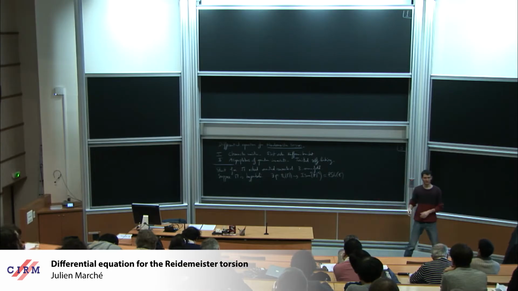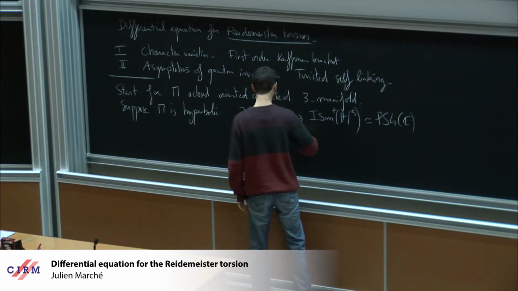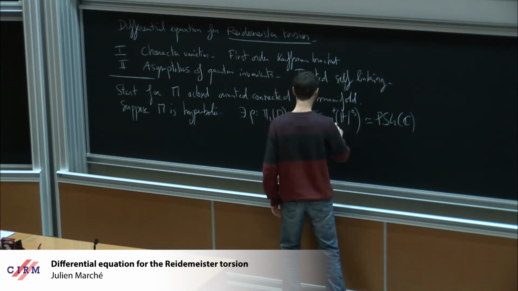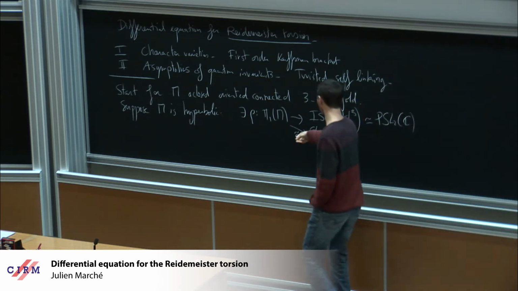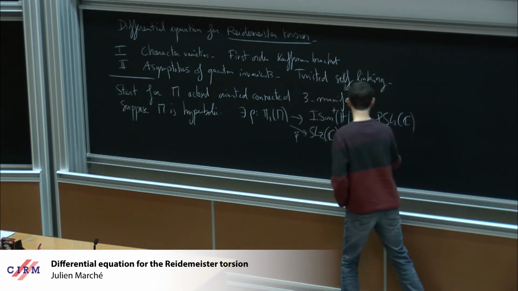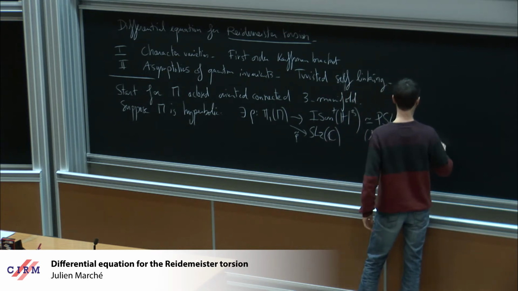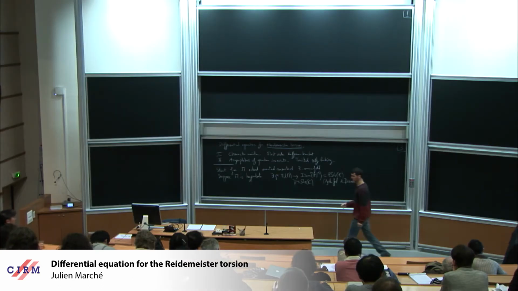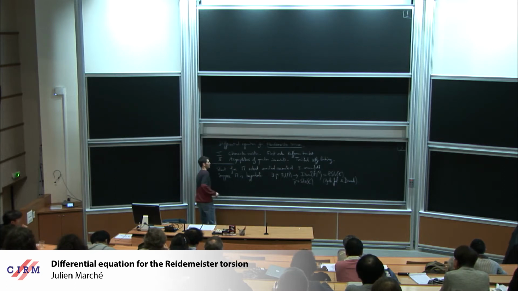And I would like to remove this P here, so I use a well-known fact. I claim, it's a simple result by Thurston, that you can lift this representation to SL2(C). So there is a favorite representation rho tilde from pi1 of M to SL2(C), which is faithful and discrete. I would like to say something more about this representation. It's rigid in some sense. This is a well-known rigidity result.